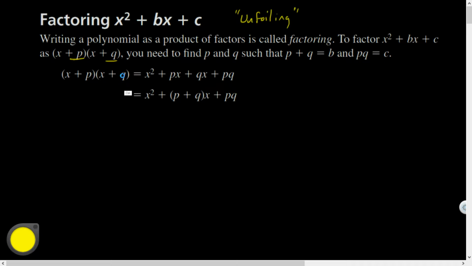The reason that's true, check this out: in order to figure out how to unfoil, we foiled something. So x plus p times x plus q, if I multiply that out, let's watch what happened. I multiplied the x by the x, and I got x squared. I multiplied the x times the q, and I got qx. I multiplied the p by the x, and I got px, and I multiplied the p times the q, and got pq. And now if I simplified this,